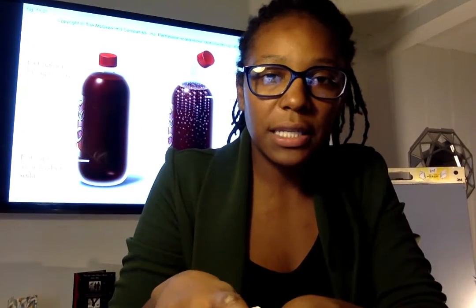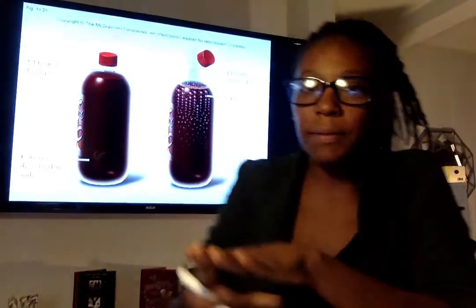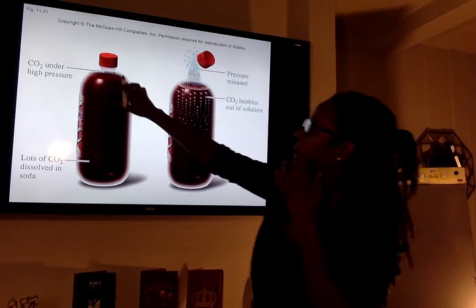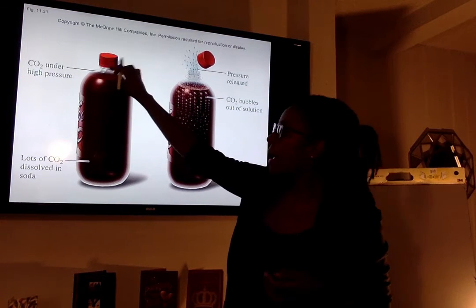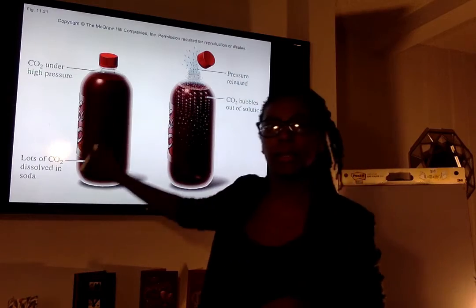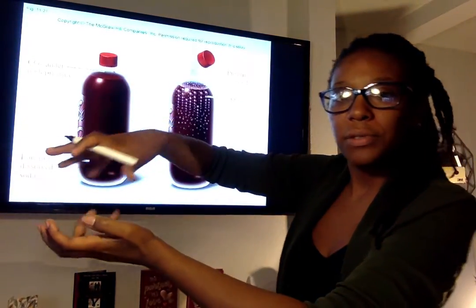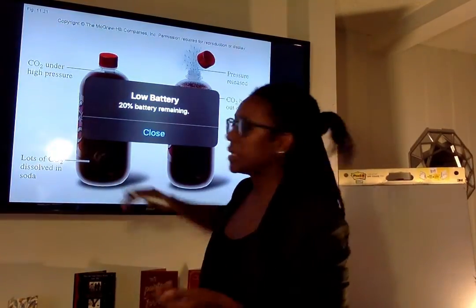They put the gas in here and then added pressure, which is the cap, right? So they condensed all of this carbon dioxide into this. There's pressure with this cap on here, and there's lots of CO2 within this whole soda, so you're able to condense all of the CO2 so that it can be soluble